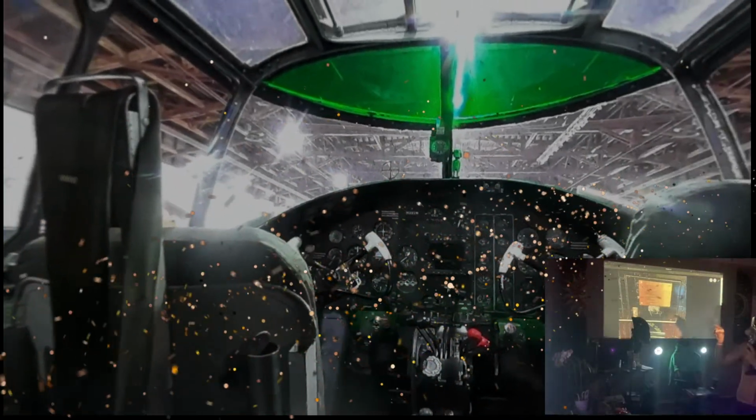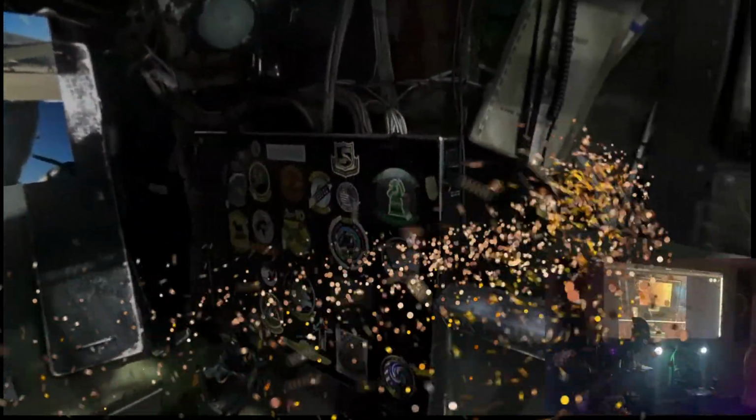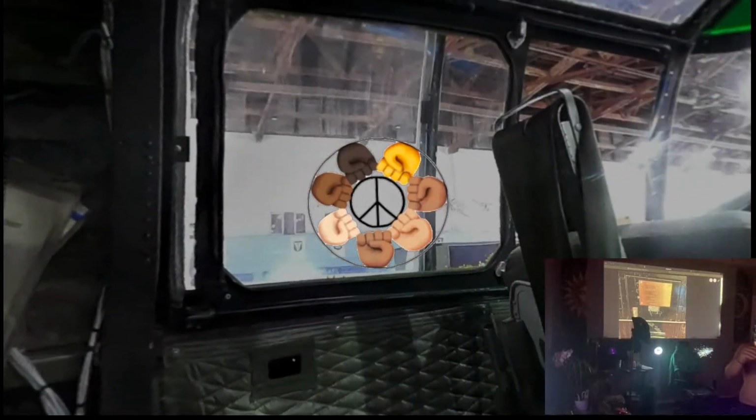My bad. But this is the B-25 cockpit, and that is the C-47 Skytrain. Basically, the C-47 Skytrain actually allowed people to jump off and go through the process of attacking and doing the war thing. Anyways, that being said,